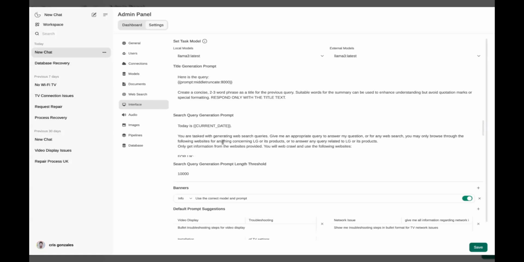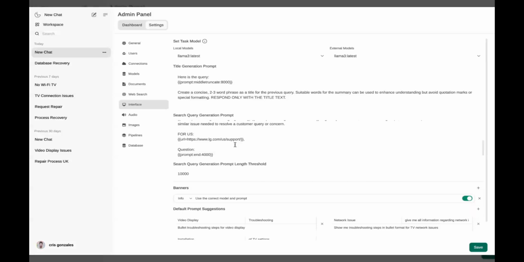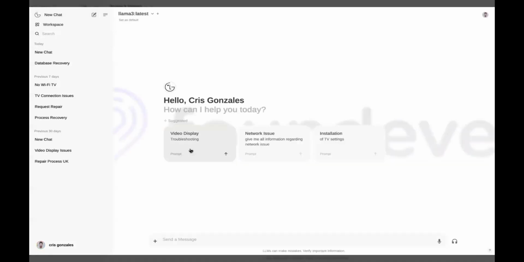Search query is just the prompt we use when you search, and then just the size of the search. Banners is what you want to have across the screen as a reminder, and then prompts. Prompt suggestion is when you click a new chat, these are your prompt suggestions.